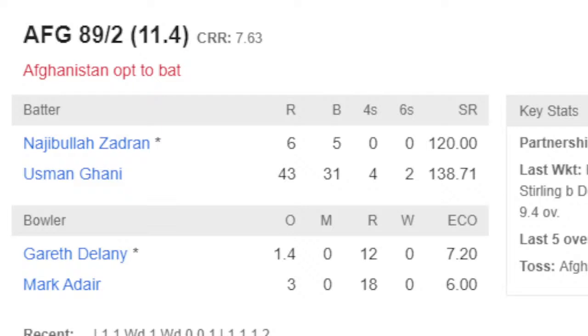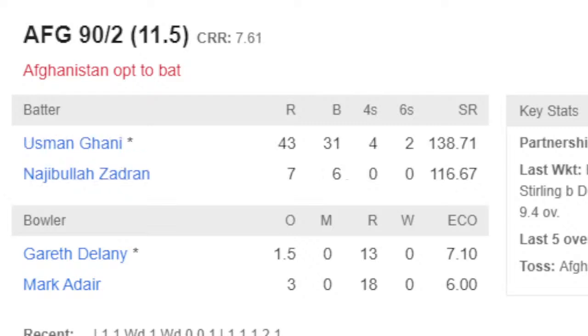Well, we've spoken many times before watching Ireland play, Andrew, these kind of one-over bursts, and you were on commentary, a very tidy beginning, 11 from 3 overs, and Adair was taken out of the attack. When you've got 4 seamers at your disposal plus 3 spinners, you've so many bowling options. I often wonder why, and I'm a little bit perplexed that you certainly wouldn't give Adair another one, or even in fact a third, particularly in the power play, to keep that pressure on, because obviously the fourth over from